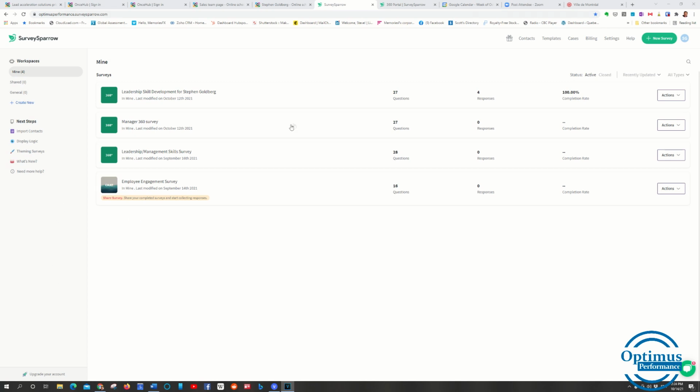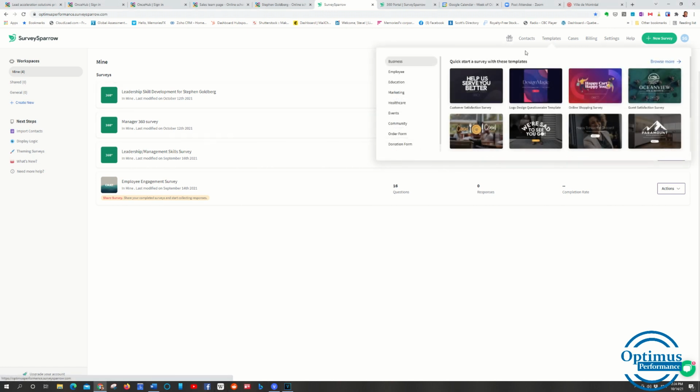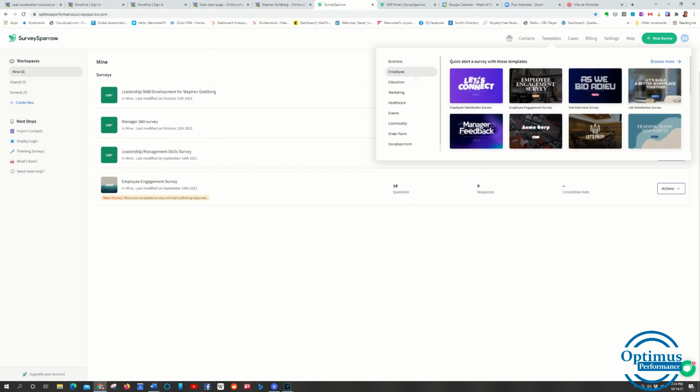So when you log into the portal for Survey Sparrow, you have a number of options. You can start by using one of the templates to create a survey. They're up here. And you have different categories: business, employee, education. When I click on employee, you have the employee engagement survey,